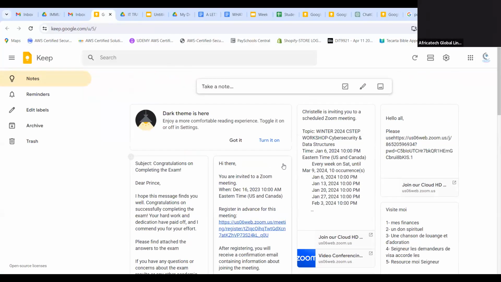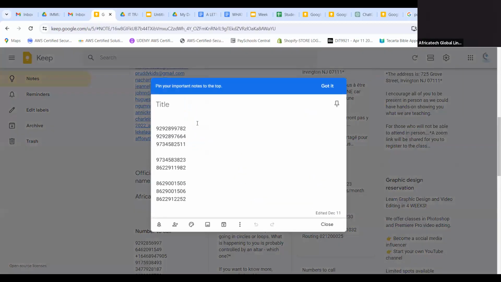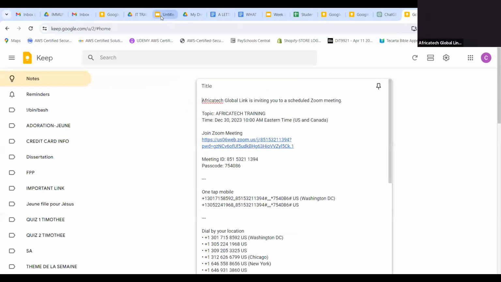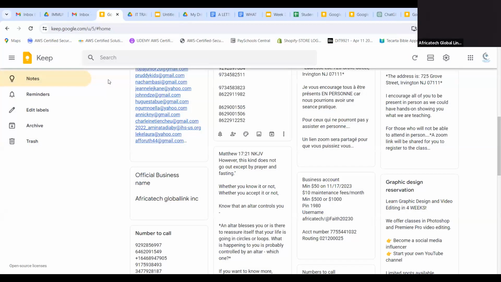When I have something, let's take an example. I was writing these numbers down, right? And I was doing that on my phone, right? So you have to download it on your phone too. It's Keep. And I was writing numbers, and now when I'm logging on my computer, I want to have the same thing on my computer. So what should I do? I make sure it's the same account, because you can have multiple Gmail accounts, right? You make sure that the account that you're using on your computer is the same account as here. So as you are writing here, it appears here at the same time, right?